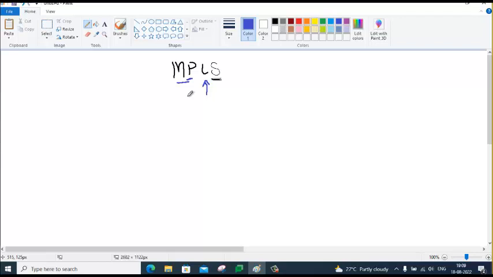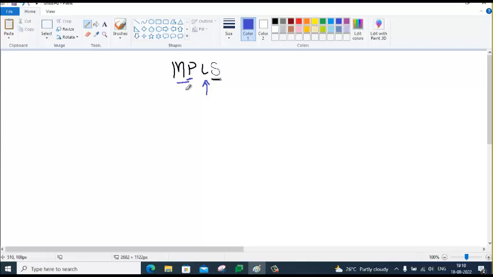Unlike frame relay. If you take frame relay, it needs a serial link, an encapsulation type frame relay in order to run frame relay. It needs only serial link. It cannot be done on the Ethernet standard.